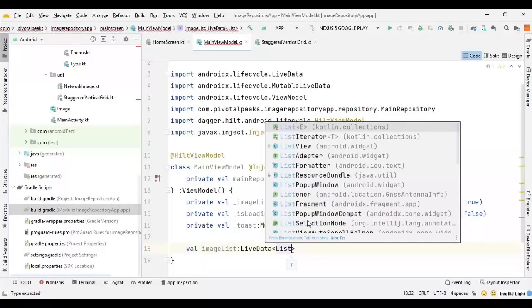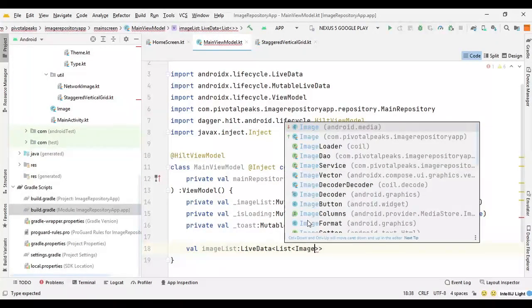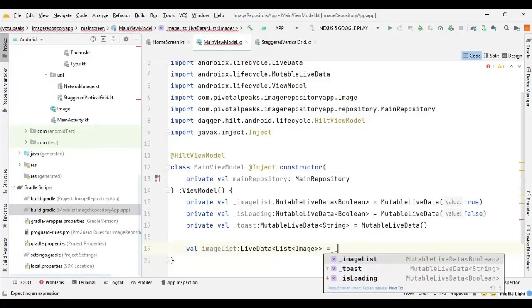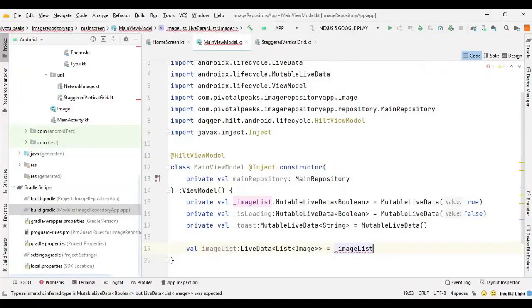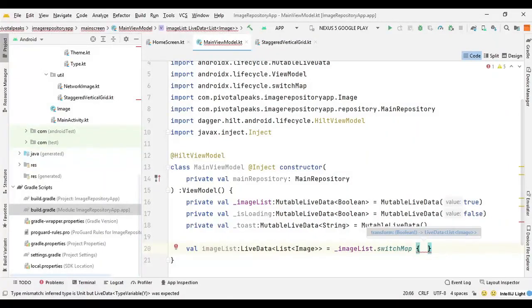So first we need to provide the typing list, then we provide our data class, which is image, and then we can set it to the value we created here, image list, and we can say dot switch map.